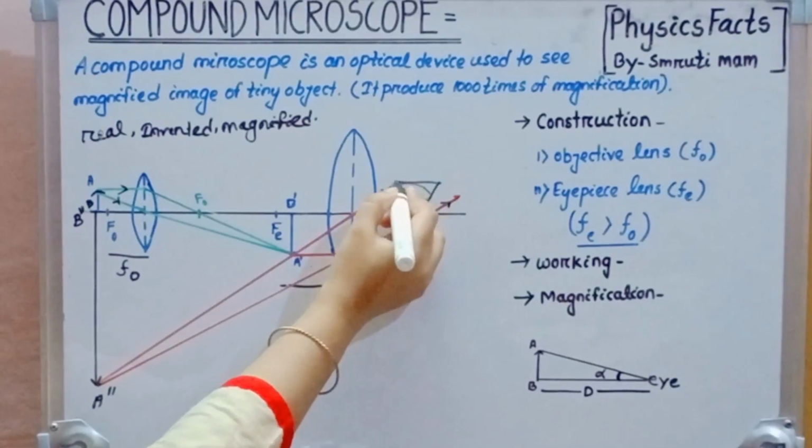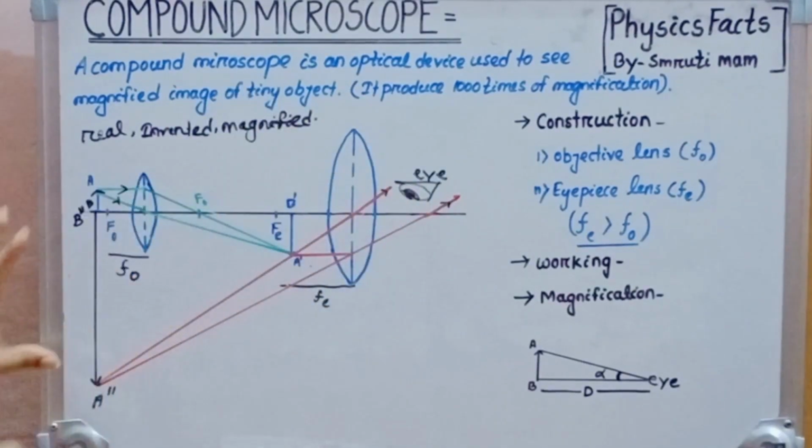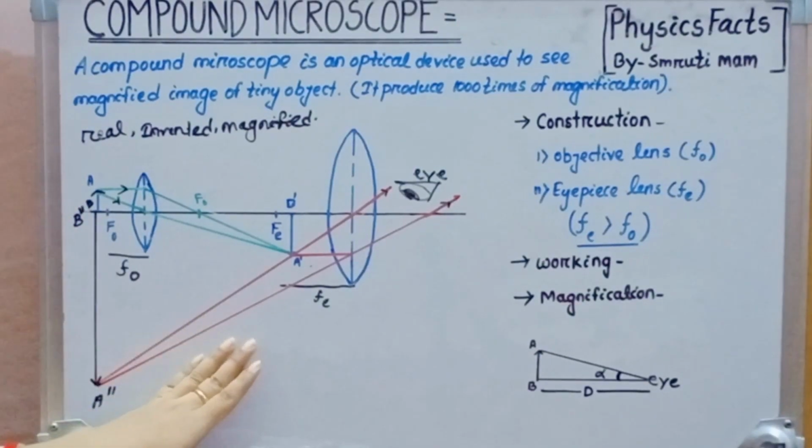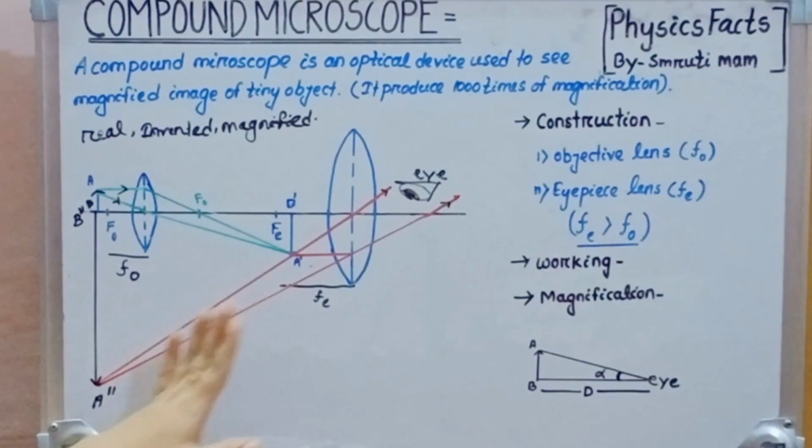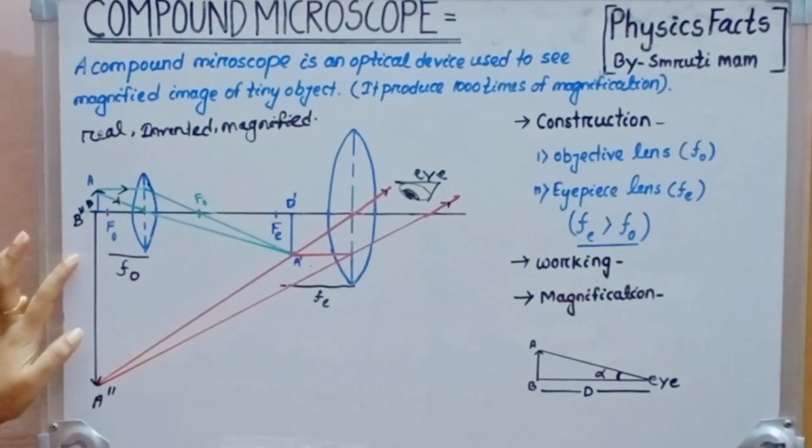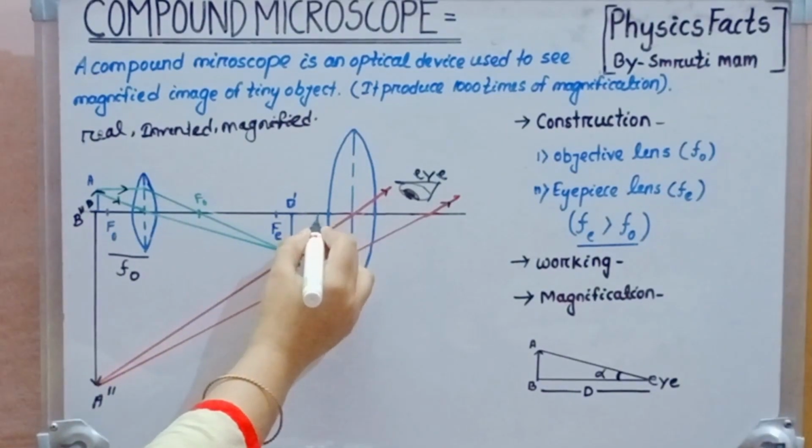Okay, we see the highly magnified image of this tiny object by the microscope, by the help of compound microscope. Now we go to how magnification occurs. So magnification is nothing but the angular magnification. What do you mean by angular magnification? The ratio of angle subtended by the image, this one, angle subtended by the image to